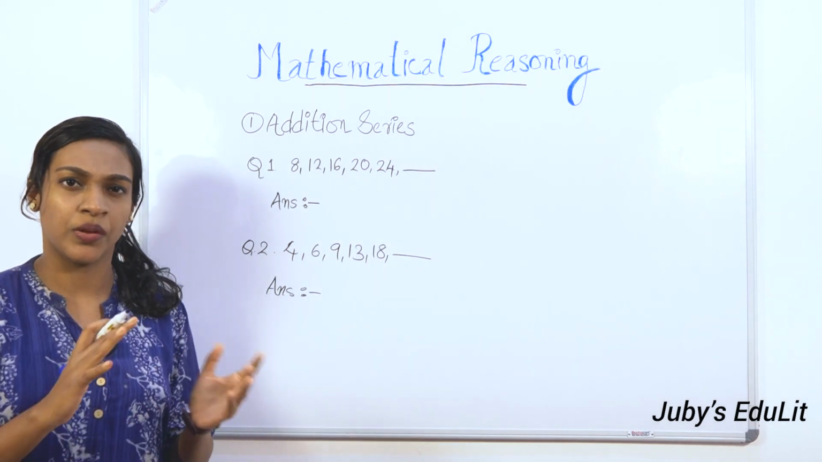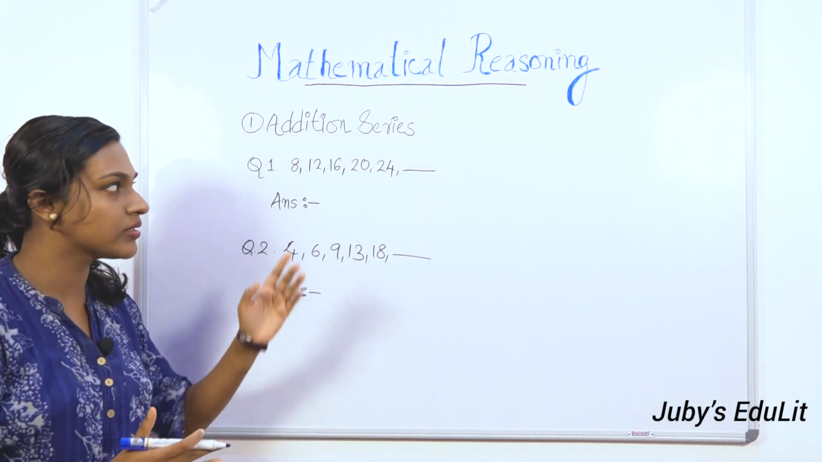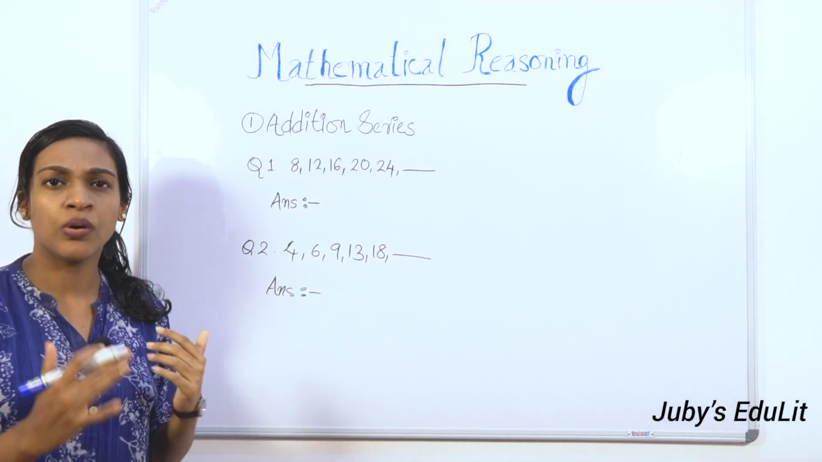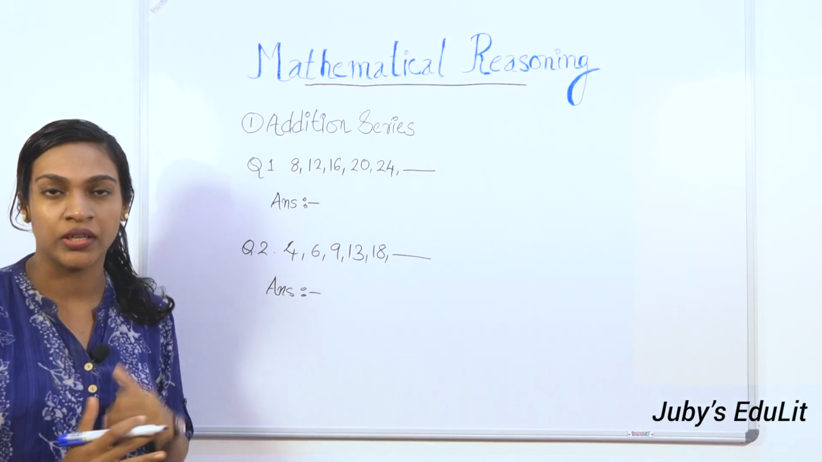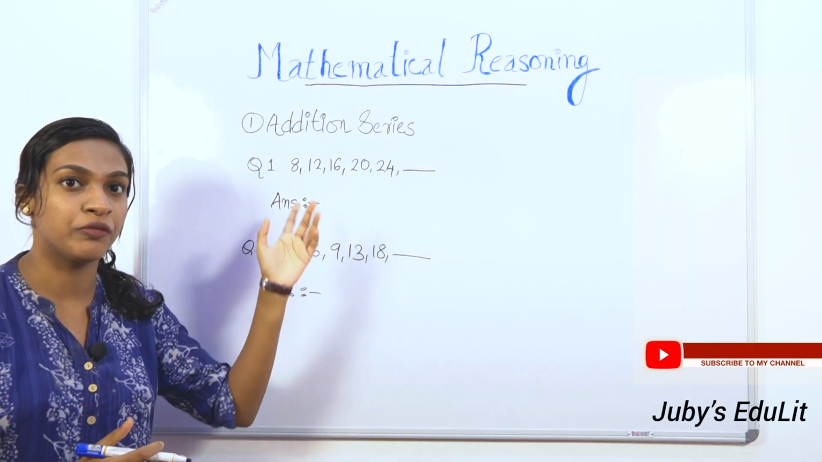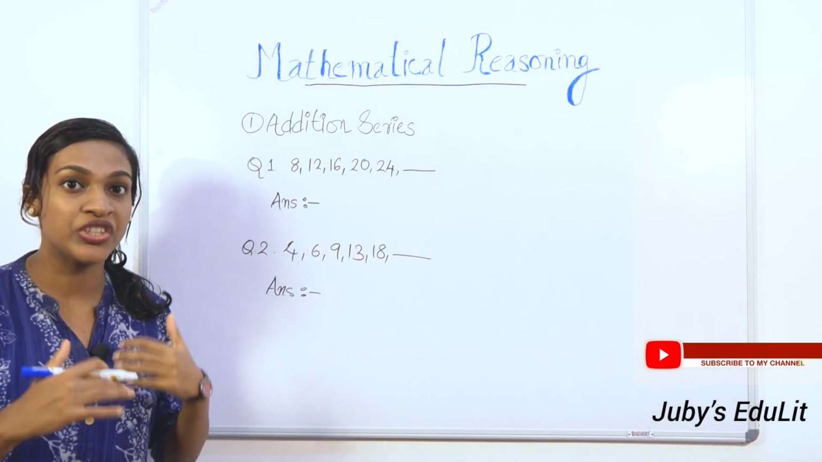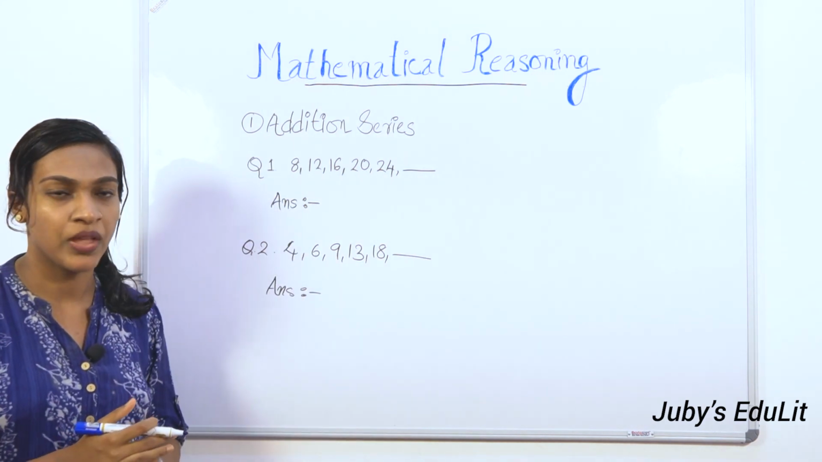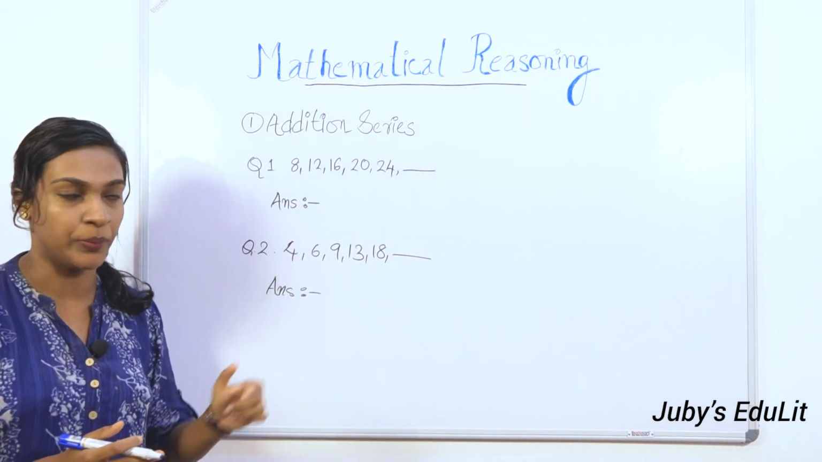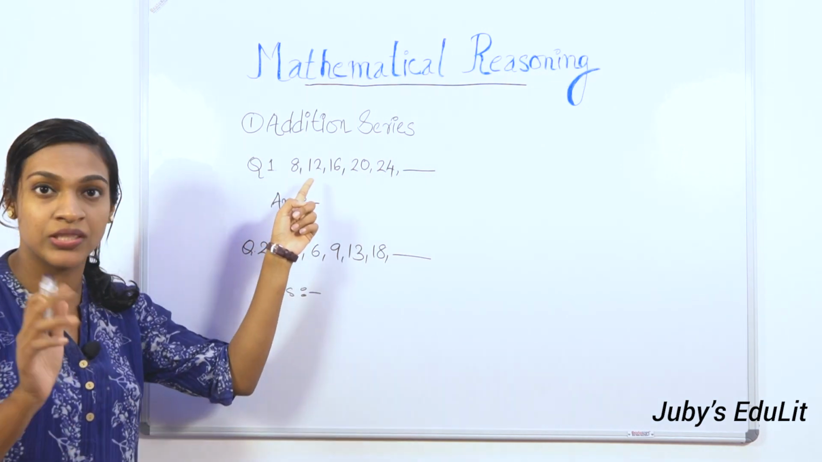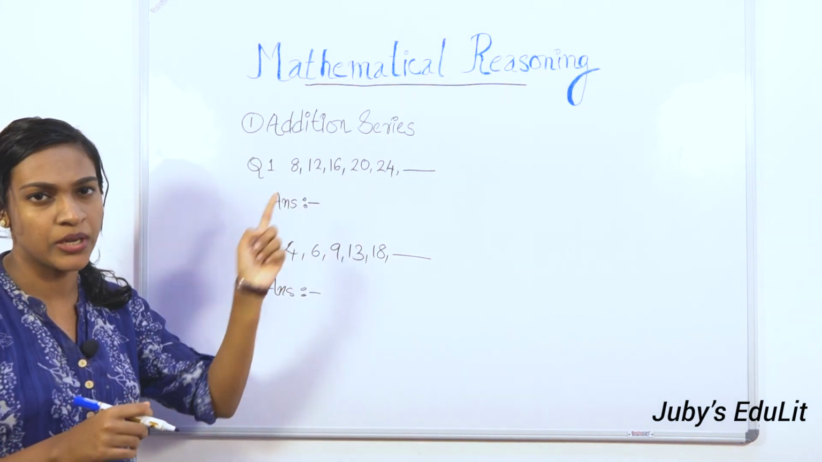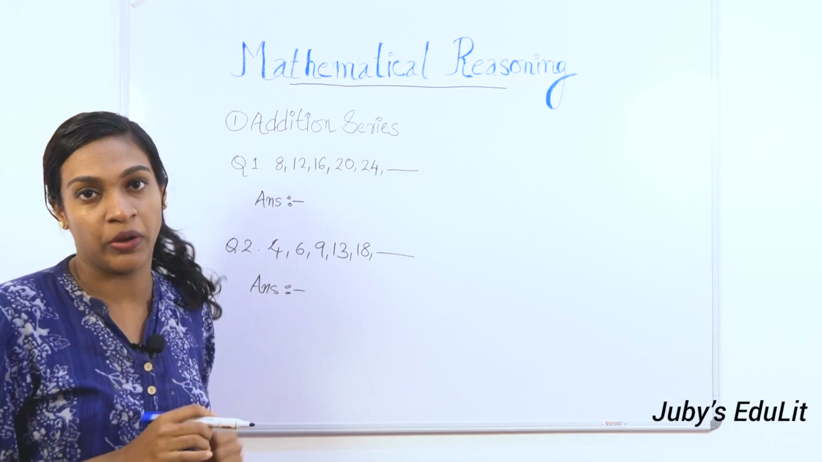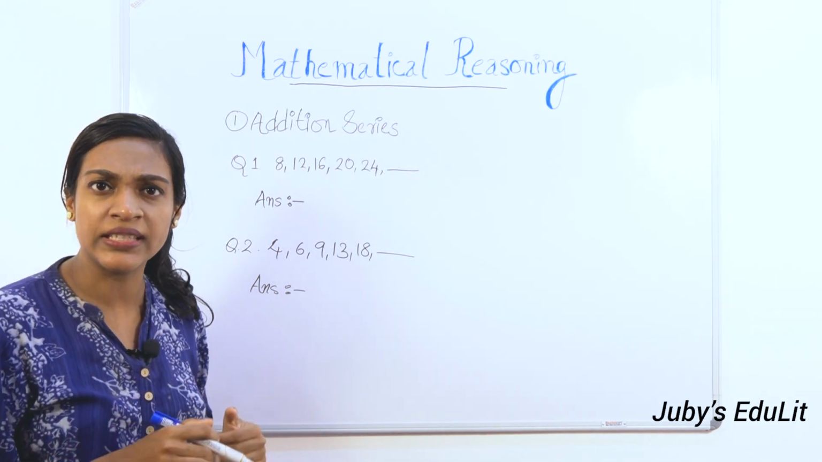The first, easy question we have here is 8, 12, 16, 20, 24. When you get a question, first you have to find the common digit which is either added or subtracted in the number series. Let's look into each of these numbers. The first one is 8 and the second is 12. You subtract 8 from 12, so 12 minus 8 is